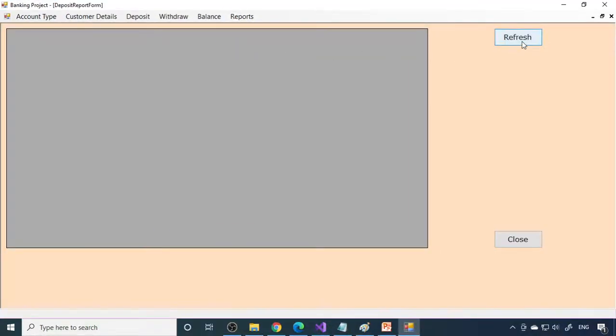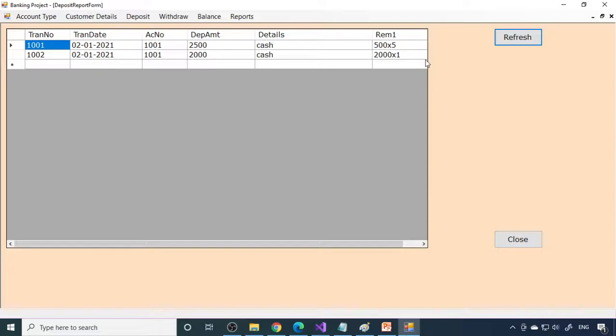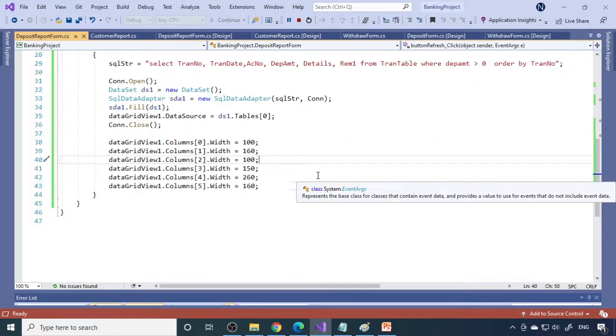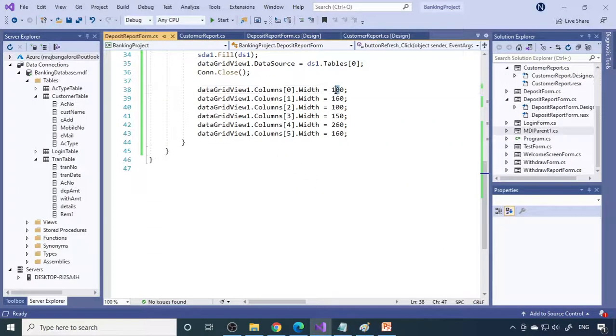So deposit list, if you refresh this, you can see the deposits. Right. As I told already, this remark we can reduce the size. Here also we can reduce some size. Fine. This we don't require 100, let's say 80, and this is 120, and this 100.